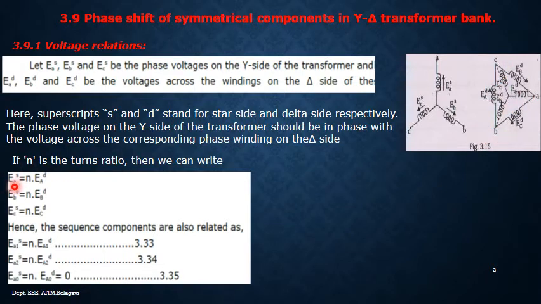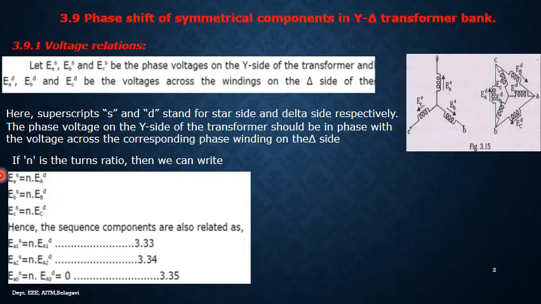So the star connected voltage can be represented in terms of the delta connected side voltages with the help of the turns ratio. The voltage referred to the star side of the transformer will be equal to the number of turns times the voltage referred to the delta side. The same thing remains for each phase with the respective turns ratio. The turns ratio is fixed; we are not going to change any turns value.